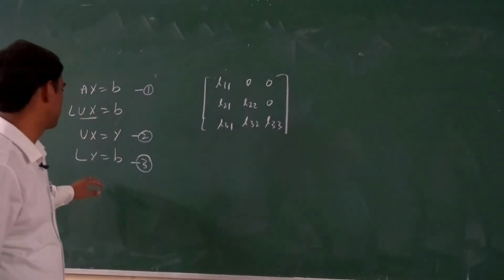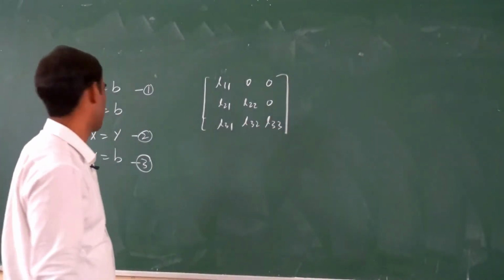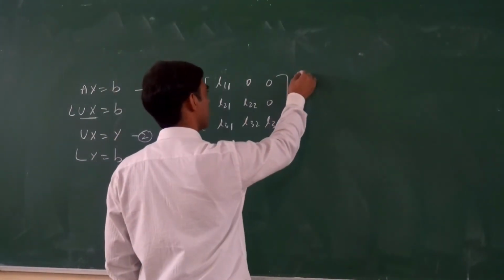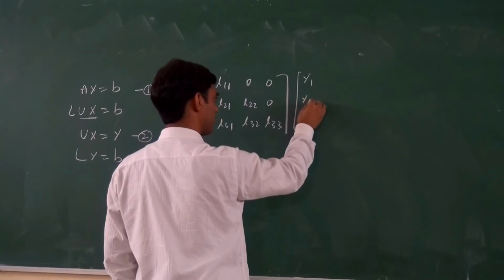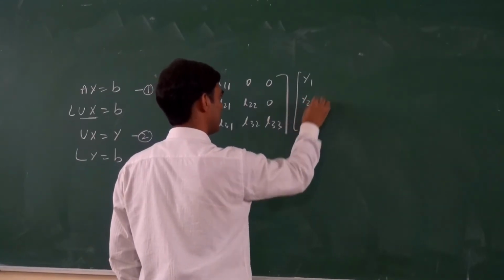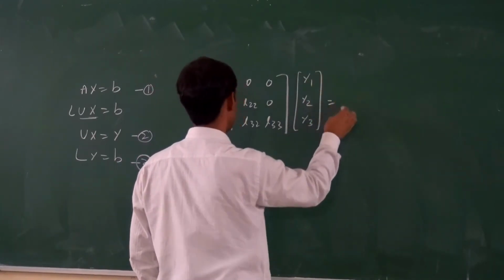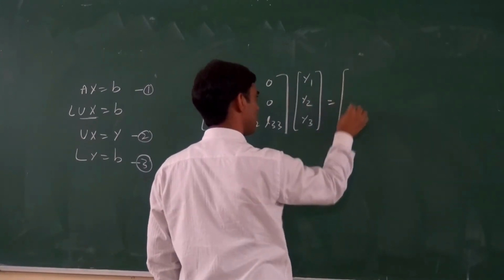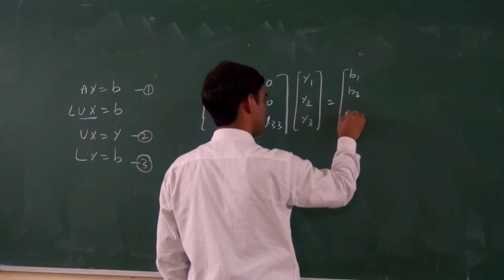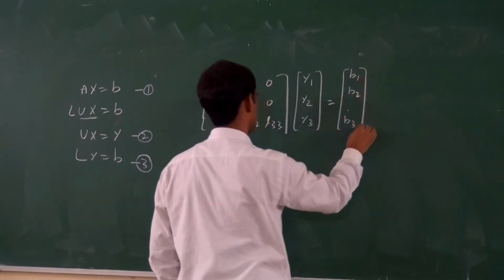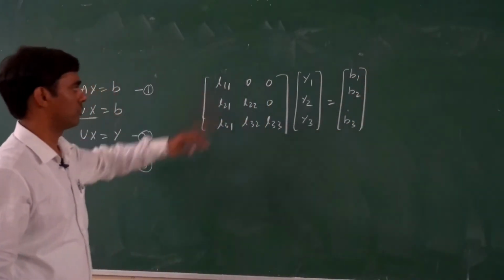Then write a vector y with elements y1, y2, y3, and this is equal to b1, b2, and b3. So by forward substitution,